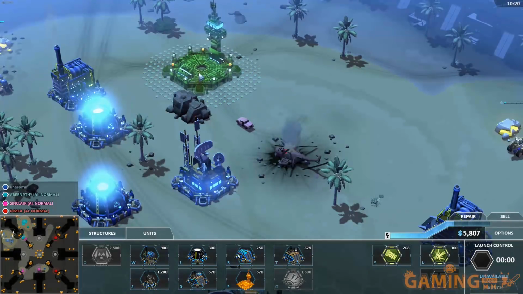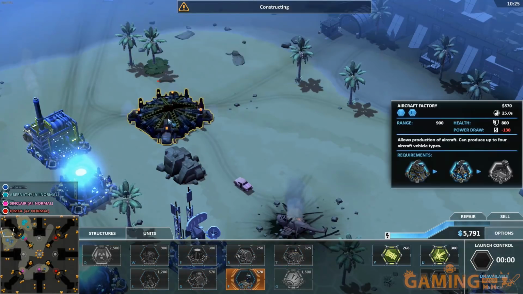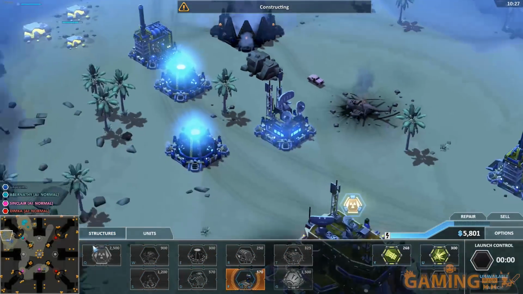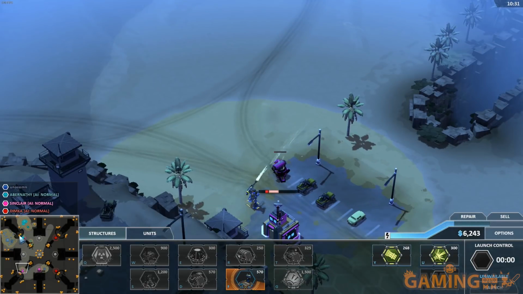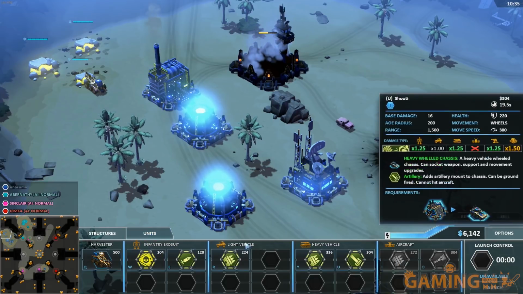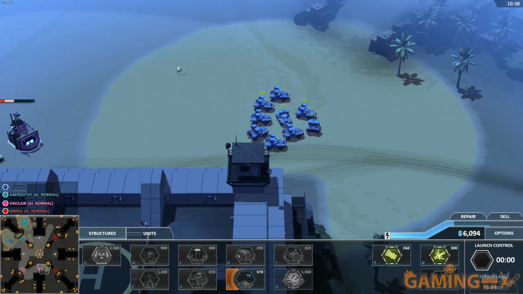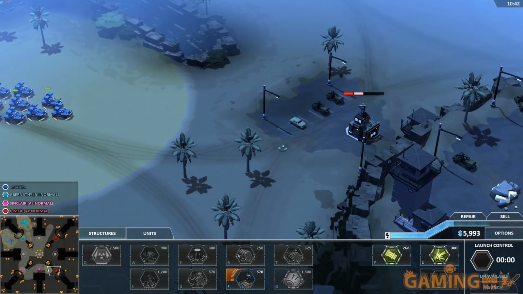Why? These are green, right? This is green. Constructing. That's weird. Like, that's the first time it's happened. For some reason, it won't build things. That's actually quite strange. Okay, let's put these in control so I can actually get to them faster and attack